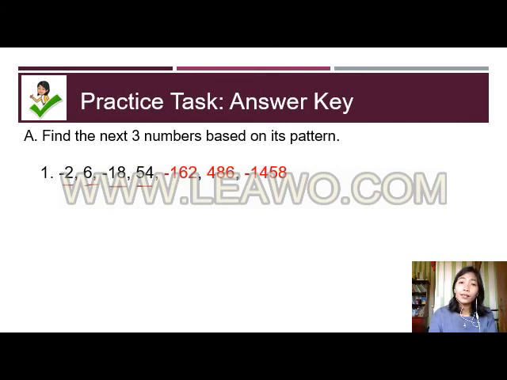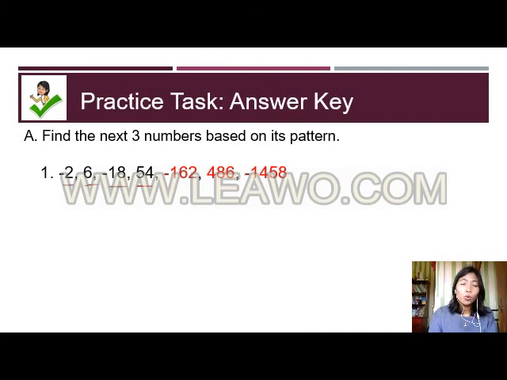Na yun din dapat yung gagawin mula sa 6 para maging -18. At yun din dapat ang ginawa sa -18 para maging 54. Okay? So, you see, we should have a pattern. We can only say that it is the pattern if it is consistently done, okay, in getting every next term,